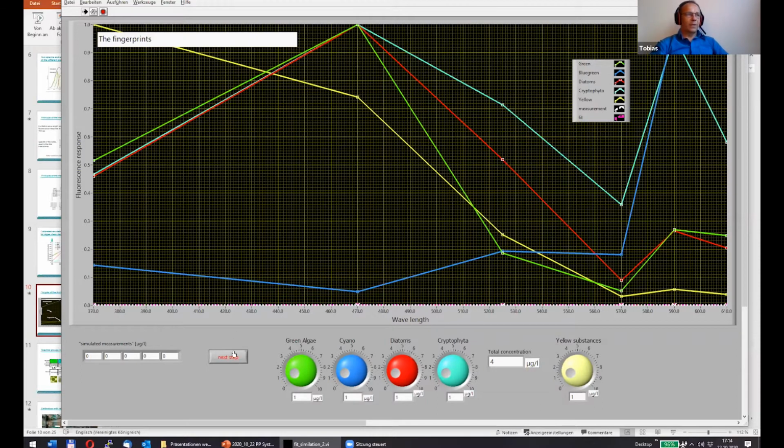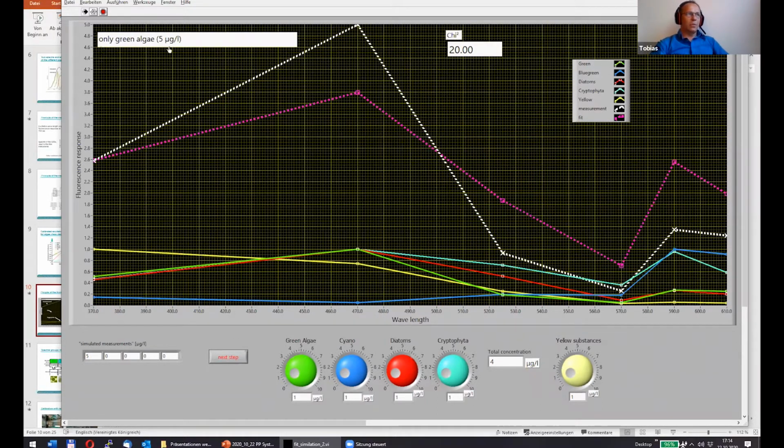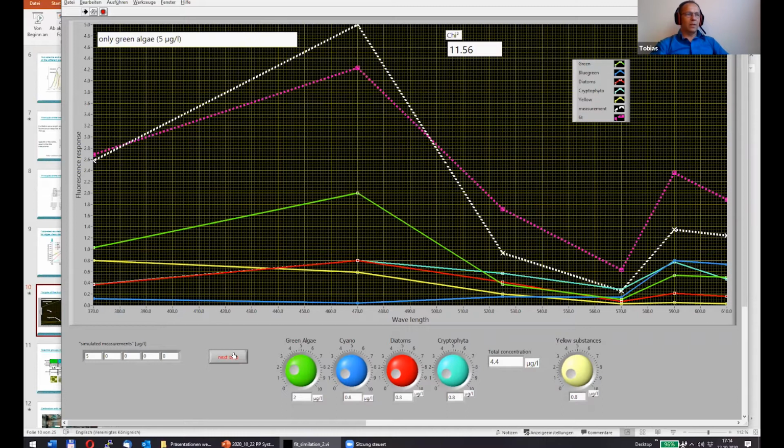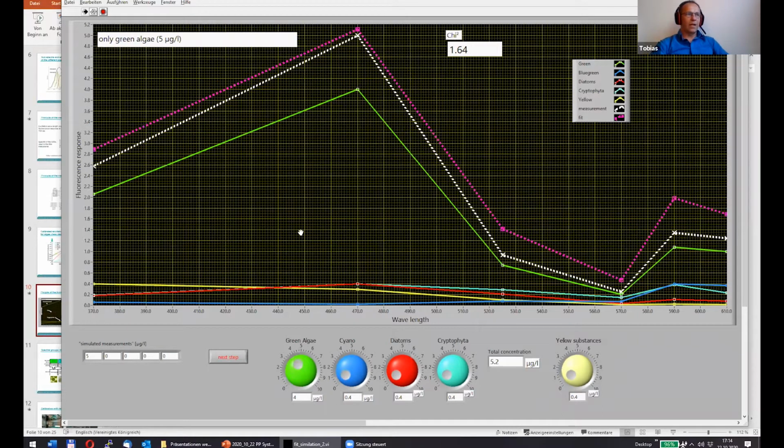If you, for example, start with only green algae, then we have only green algae, and then to optimize, the content of the green algae increases, that is how much the product of the calibrated values with a number, and the chi-square gets lower and lower, and the yellow-white line tries to get to the purple.